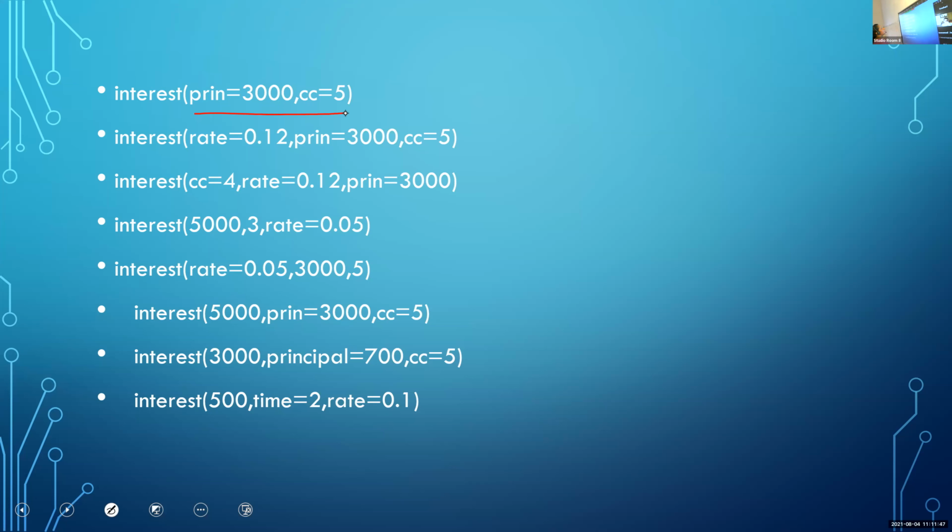So this is an example for named or keyword arguments. Example for positional argument is 6, 7, 8, 9. This is an example for positional argument. We are giving some values in the function call statement. Those values are assigned based on the position. That is, the first value is assigned to the first formal argument. The second value is assigned to the second formal argument.